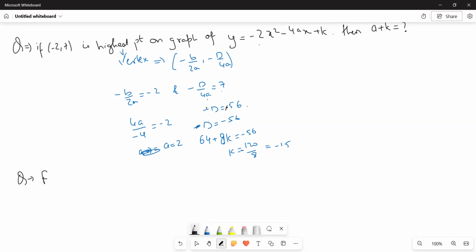ये -56 होगा, तो ये और ये इक्वेशन का माइनस माइनस a कैंसिल हो गया। -2। ठीक है, करेक्ट। तो ये 56 हो जाएगा, तो 56 -64, -8 आ जाएगा, -8/8। So this would be a -8/8. So k का वैल्यू -1 आएगा, तो a is 2, k is -1, राइट। हाँ, k of the parabola होगा ना।